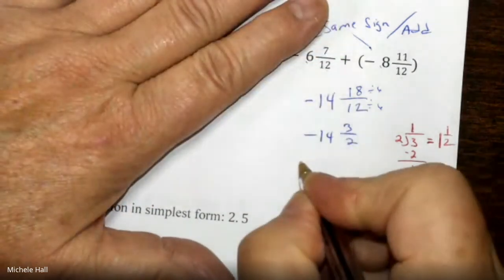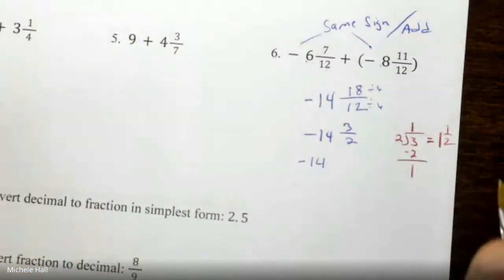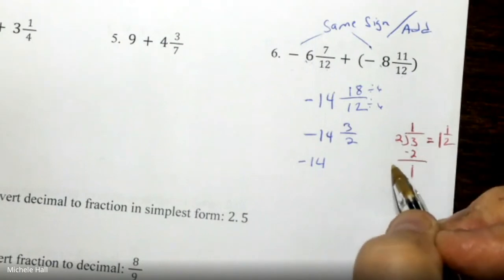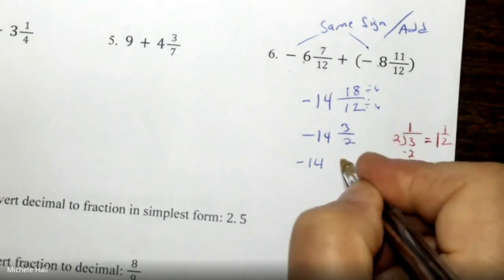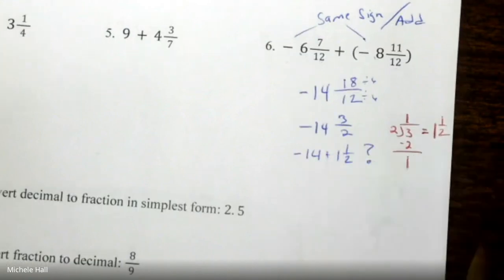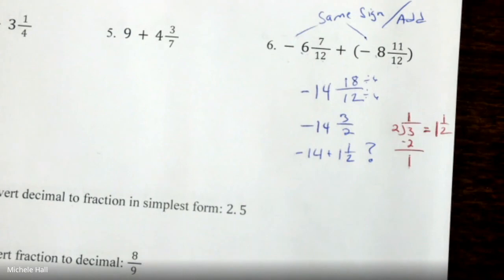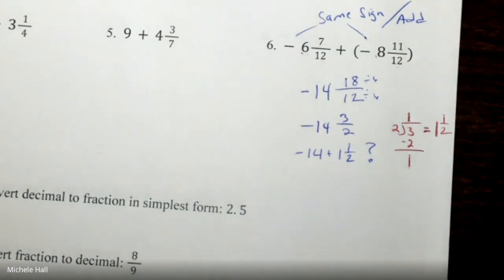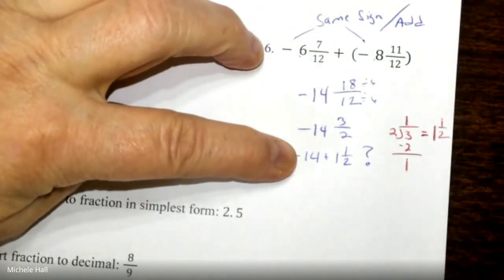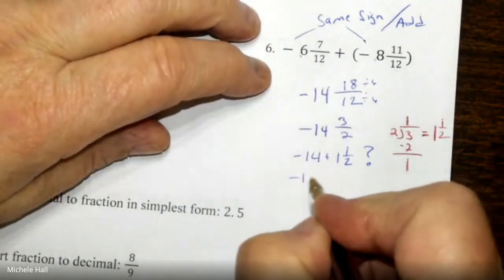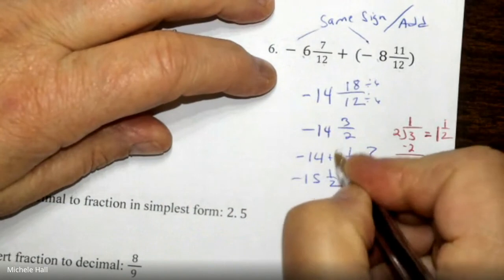So what I have here then is a negative 14, and I also have another whole one that I need to add to that. So I wonder what that's going to be. We have to combine this together. I have to add a whole one to my negative 14. That's what you would think, right? But you're adding it to it. So if you just had 14 and you added one whole one to it, it would be 15, right? So it should be negative 15 and a half. So really, you're adding that negative